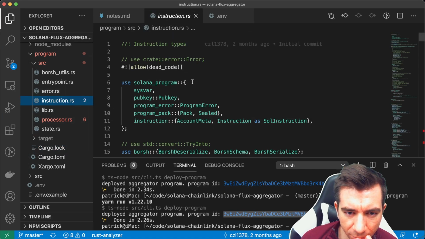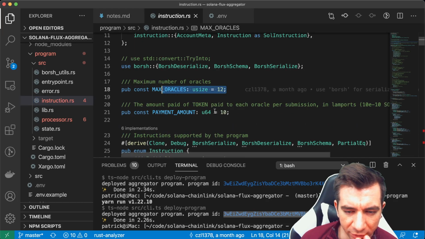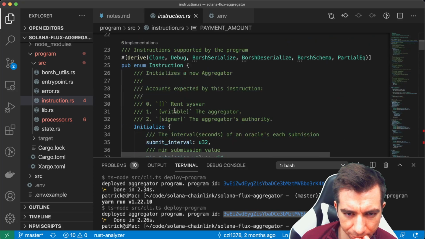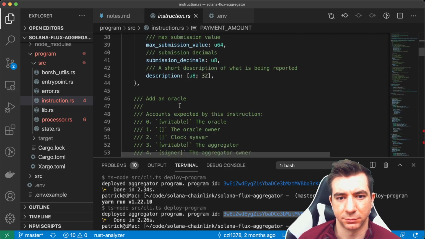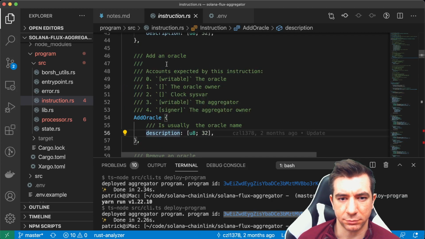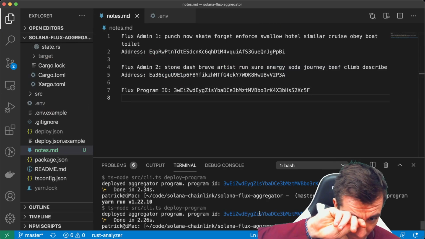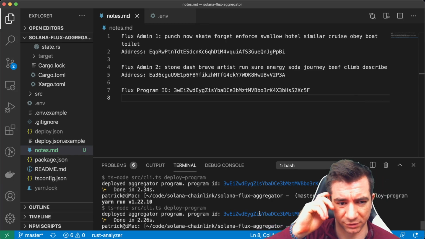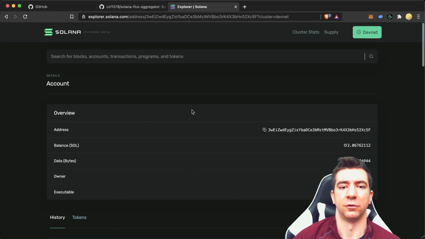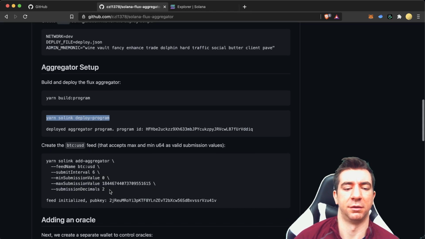Instructions. Well, that's cool. Actually, it looks fairly simple. Yeah, I think this is a Flux aggregator that's already deployed and it's just connecting to it. I don't think it's actually deploying anything. So maybe there are permissions and I can't actually, I don't know. Let's try a different